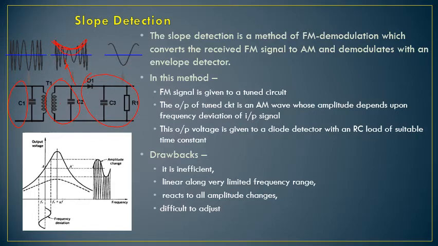Okay, so as we know, the shape of the envelope resembles your modulating signal shape. So even if you wanted to retrieve your modulating signal back, you can just retrieve the shape of this envelope, and that will give you the shape of the modulating signal or directly the modulating signal. So this is the technique that we have used in AM. So same technique we are using here. So the main thing here is, before this envelope detector we have added one tuned circuit. Okay, and this tuned circuit is doing the job of frequency to voltage conversion. So this will convert the changes in the frequency to changes in the voltage.